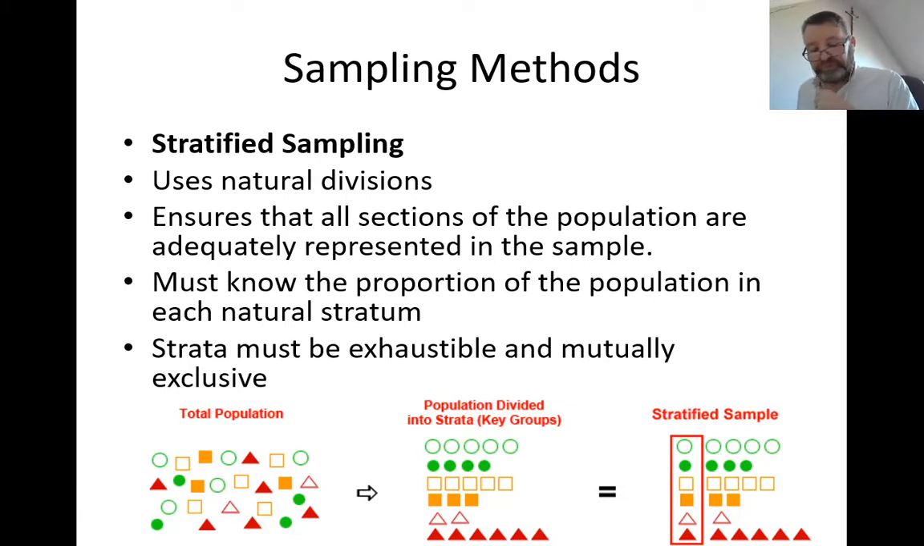You've got white squares, you've got green circles, you've got red triangles. There's the natural population with their strata. So what do they do? They order them into the strata. Now this could be men, women, male, female, over 60, under 60, teenagers, children, whatever it's going to be. But when you bring them into their strata, you then select the first of each of those strata,